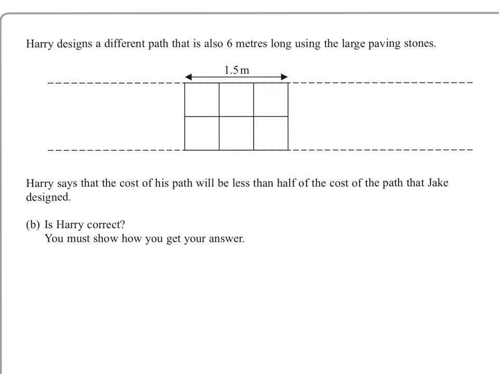Now Harry designs a different path that is also 6 metres long, using the large ones only. So again, we're going to have 4 lots of the design shown. And how many large tiles are we going to use? Well, we're going to look at this and say 1, 2, 3, 4, 5, 6. So we're going to have 6 lots of 4, and that's going to be 24 in total. And the larger tiles were £3.65. So the total cost will be 24 times 3.65, which is going to be